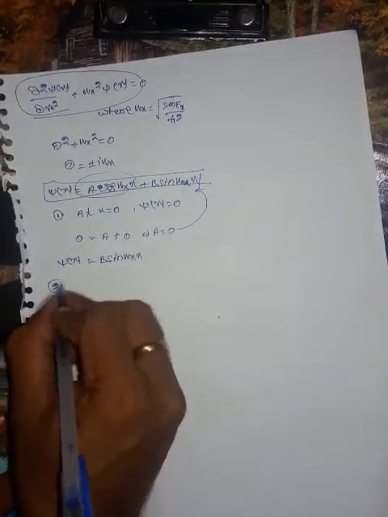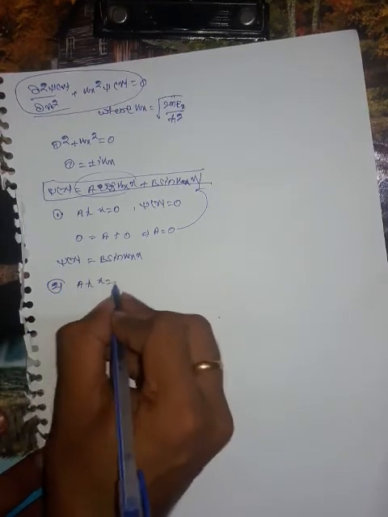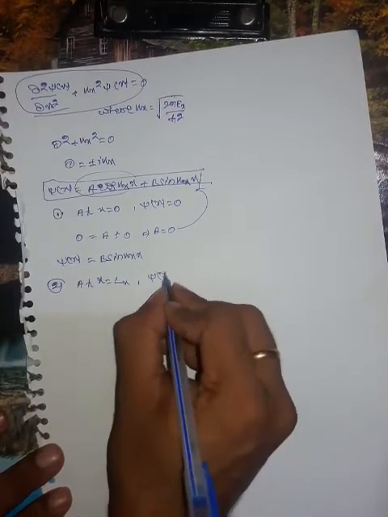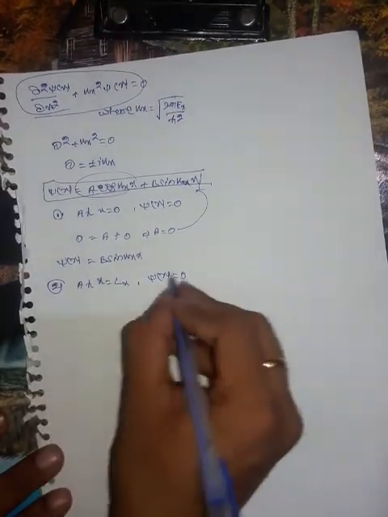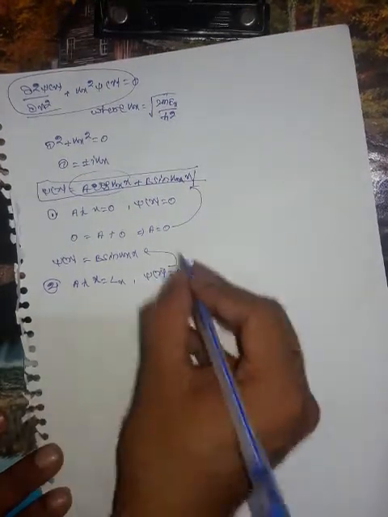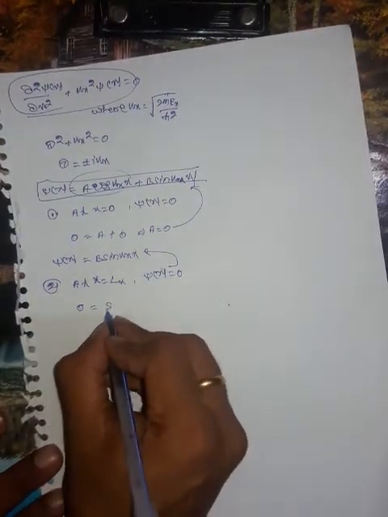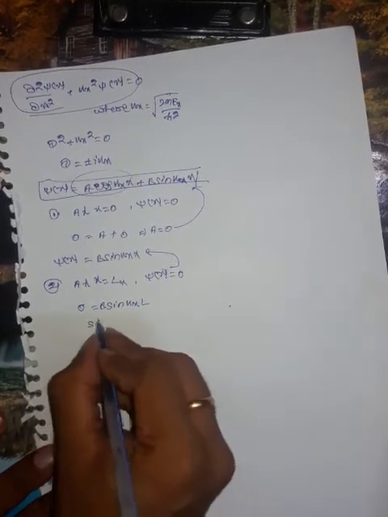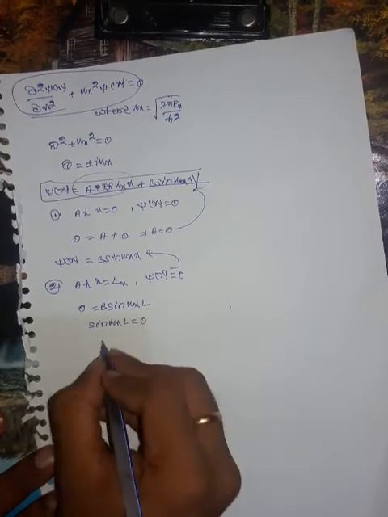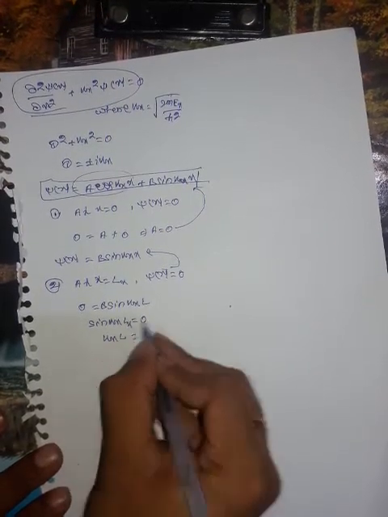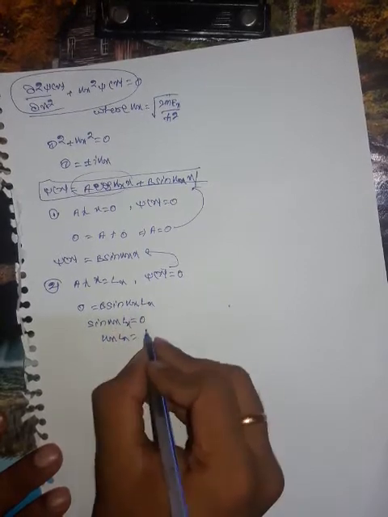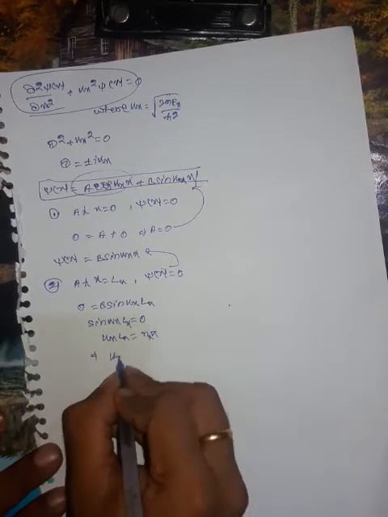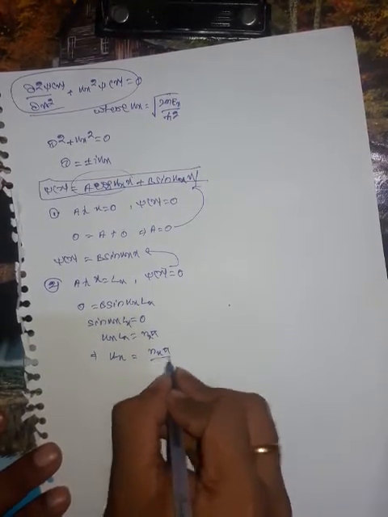Again, apply the second boundary condition at x is equal to Lx in the x direction. So the function vanishes, psi of x is equal to 0. Putting that value in that equation, 0 is equal to B sin kx Lx. That implies sin kx Lx is equal to 0. That implies kx Lx is equal to nx pi. That implies kx can be written as nx pi by Lx.